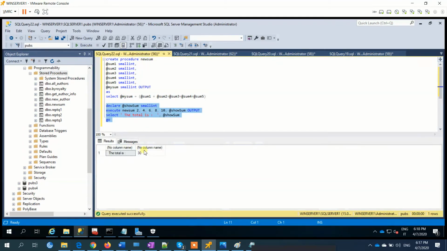You can use it to pass it into another procedure. You can use this method to pass in values for report making and all that kind of stuff. And as you go higher, you will discover that you're going to use a lot of output. It's just generally used to store values in a procedure, in a variable that will be used for that